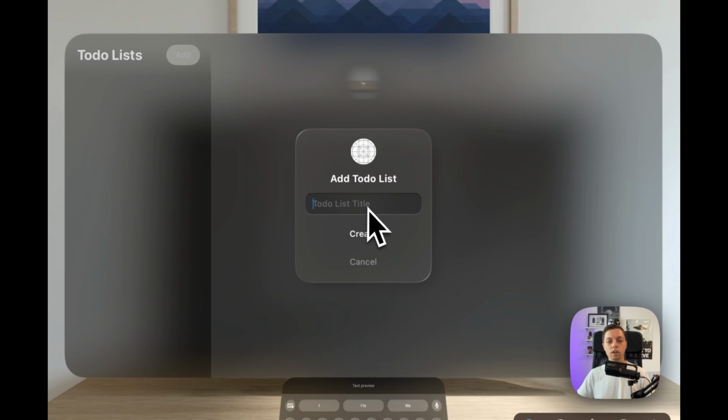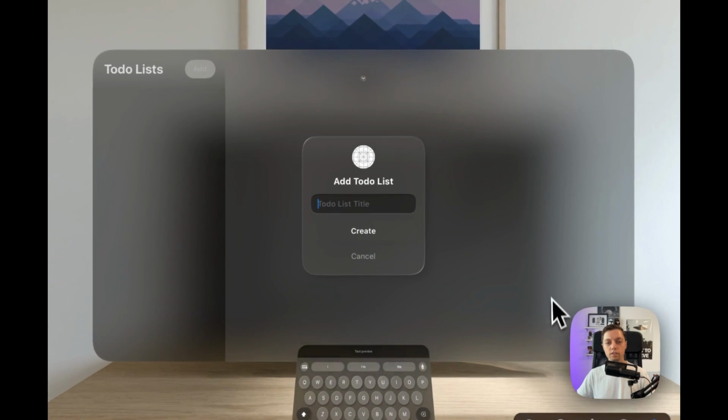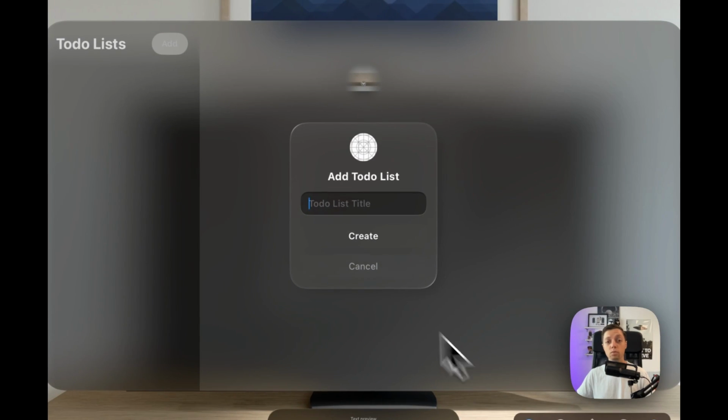Then we can enter a list title, and you will notice that a keyboard will come up on the Vision Pro device, but since this is the simulator, we can always just use our hardware keyboard on our Mac. So I will say this is our dummy to-do list. And then we have the create button with our primary color and the cancel button, which is grayed